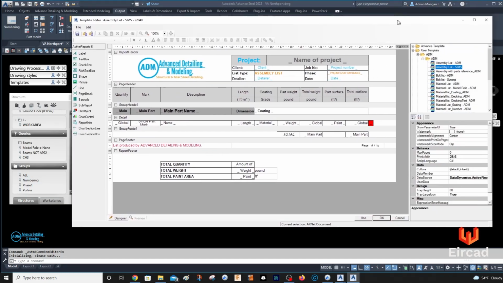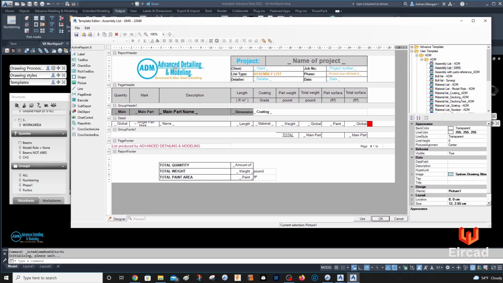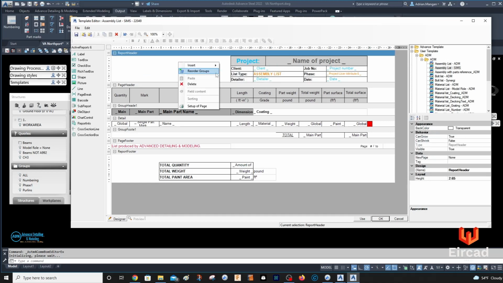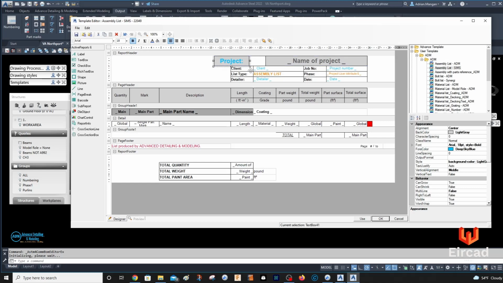So now when we're in here, you can delete that, you can insert a new image, you can do all sorts. You can move these around, you can drag the end of it, you can change these. So you can see in here, name of project. So if I click on,